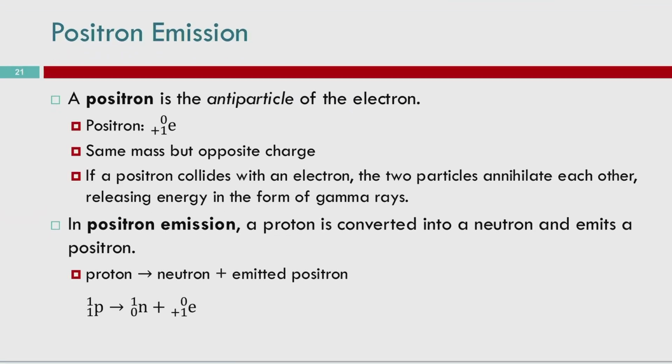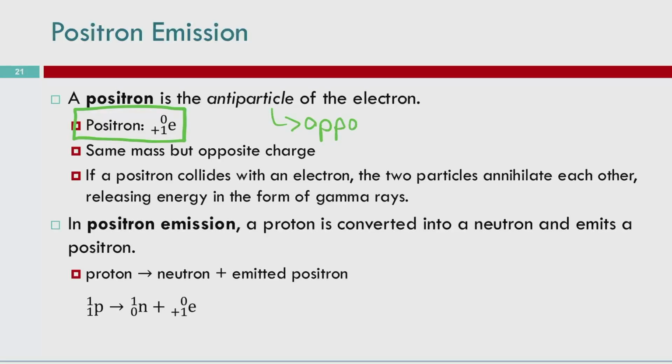And then our last type that we'll learn for this class is positron emission. The positron is the antiparticle of the electron. So it's the opposite charge. That's all that you need to know really for this class: it's just an opposite charge electron. It's positively charged instead of negatively charged because